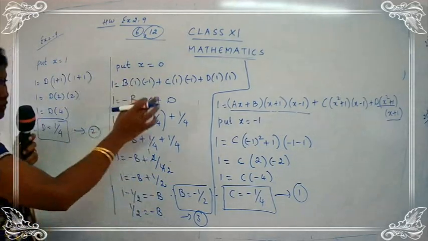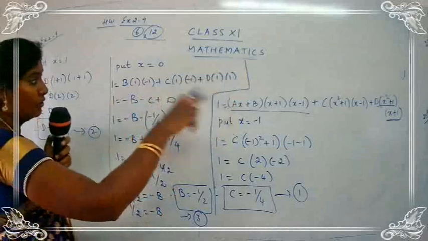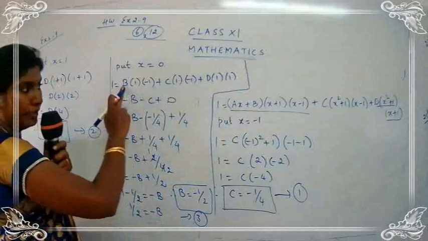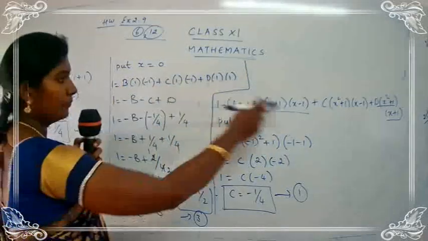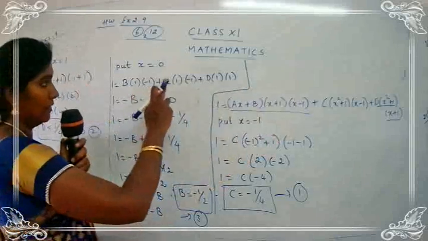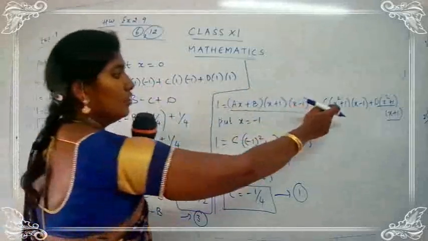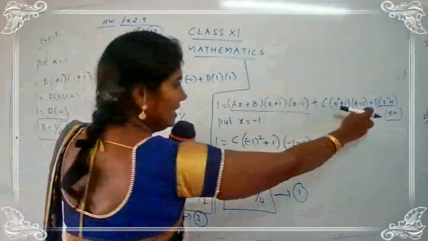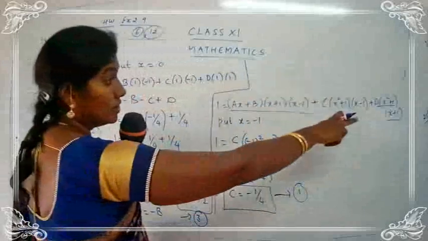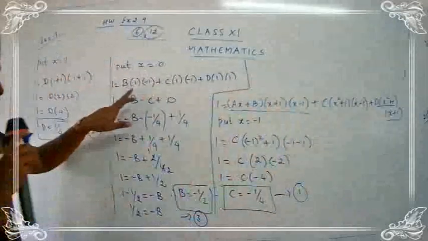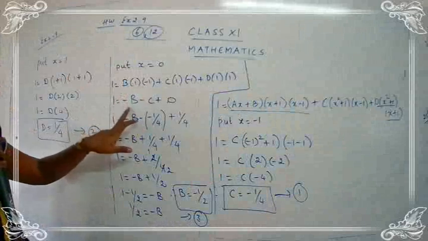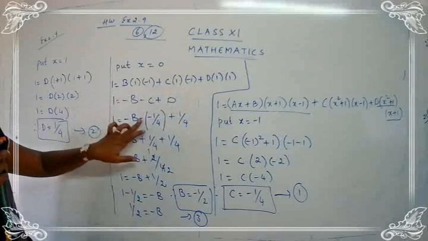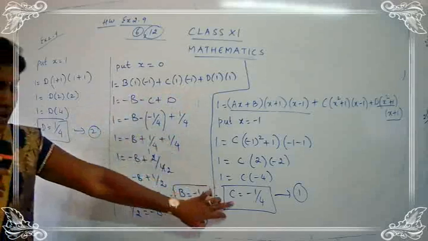So 1 is equal to, do not get confused, see, wherever you have x, you have to put there 0. So a into 0, 0, 0 plus b, b. Getting my point? 0 plus 1, 1, 0 minus 1, minus 1, plus c. 0 plus 1, 1, 0 minus 1, minus 1, plus d. 0 plus 1, 1, 0 plus 1, again 1. So this is minus b. 1 into minus 1, minus 1b, minus c, plus d. So minus b, minus is already present here. What is the value for c?